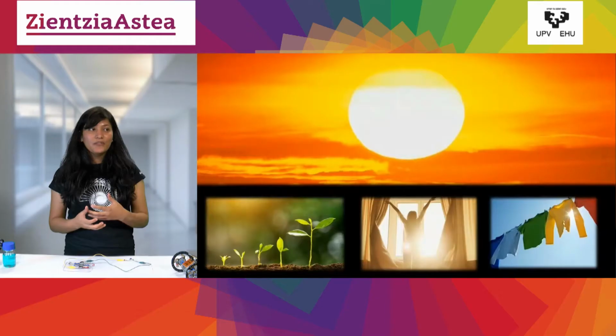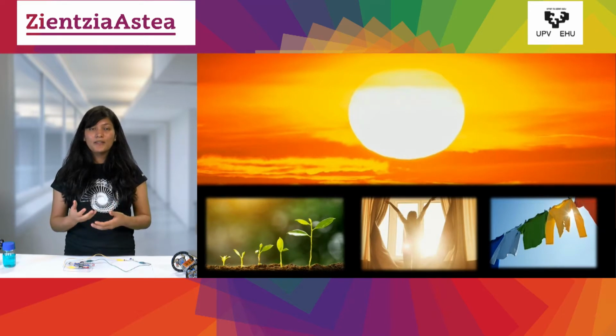The sun is the main source of energy, and solar energy we get from the sun. For billions of years, the sun has been the main source for mankind, and it has been used for several activities like drying clothes and keeping us warm, and also it is food for the plants.